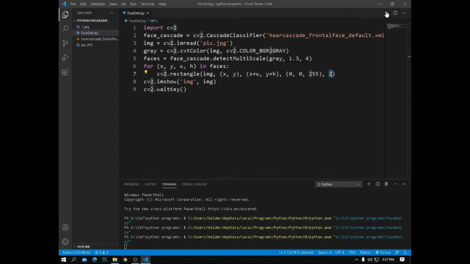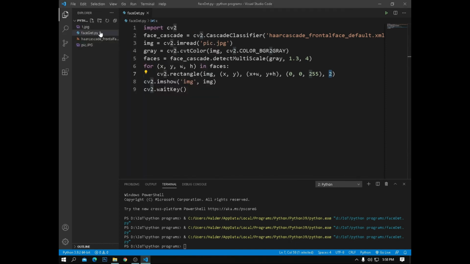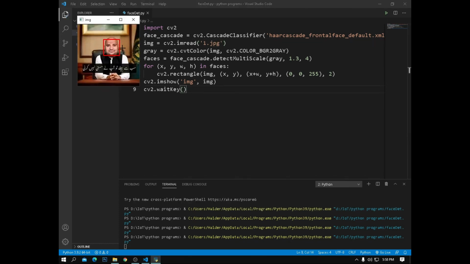Now you can see I have this image, and it is going to detect the faces. Now let me take some other picture. I have another picture, 1.jpg. Let me use this one and see how it works. Now you can see it also detects the faces. It detects the face only. It's a big image, but it only detects the face.